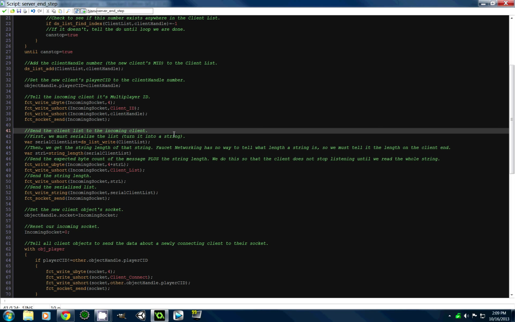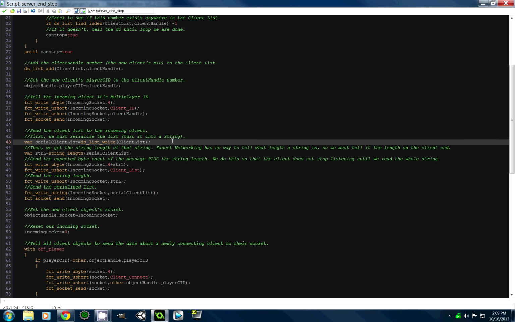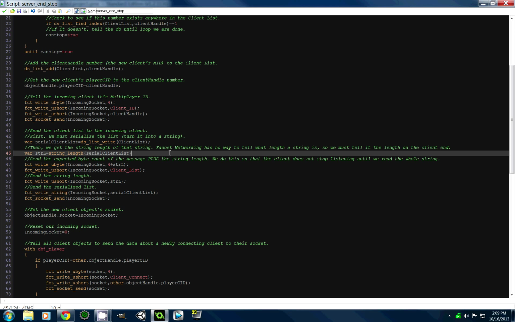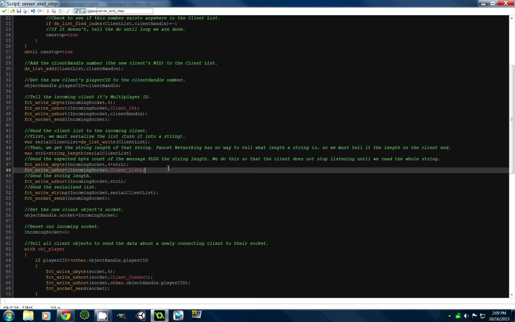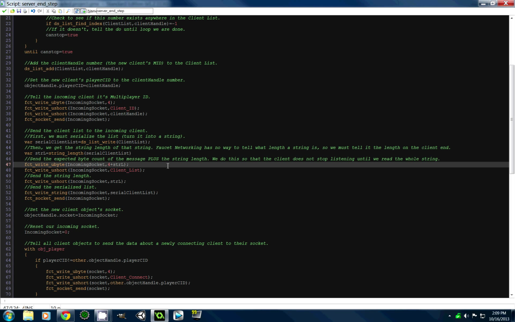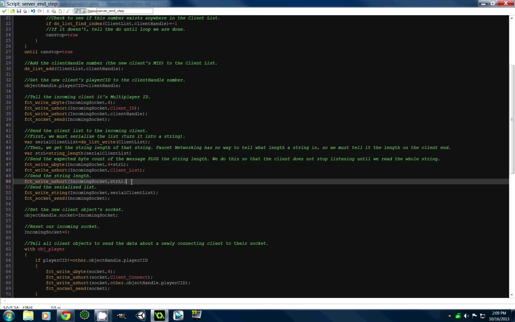We serialize the client list into a temporary variable. We then get the string length of this new string, as Faucet Networking has no way to tell how many bytes a string is. We now compose a message to the newly connected client telling it that this is a client list message type. We add the bytes the message would normally have, 4 bytes, 2 shorts, to the string length, as the message will contain these extra bytes as well. We then send the length of the string so that the client knows how many bytes to grab, and then we send the